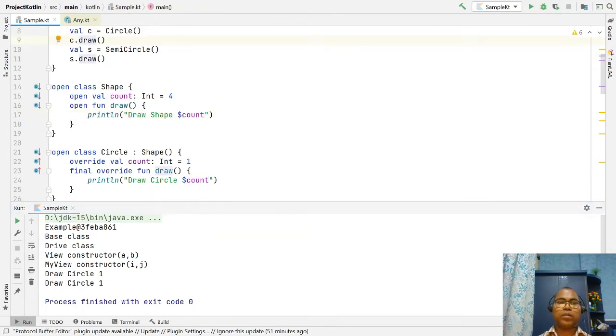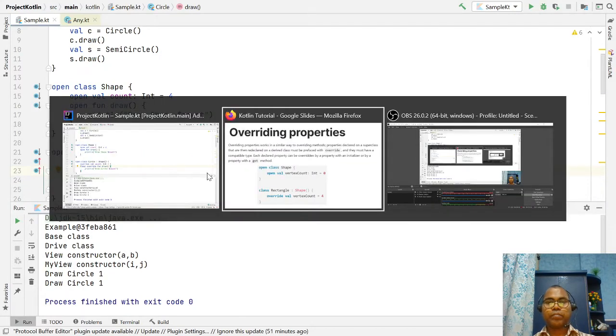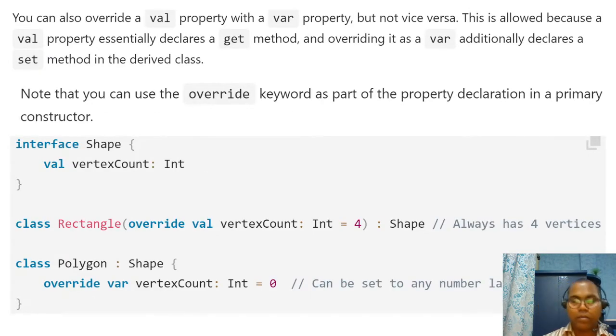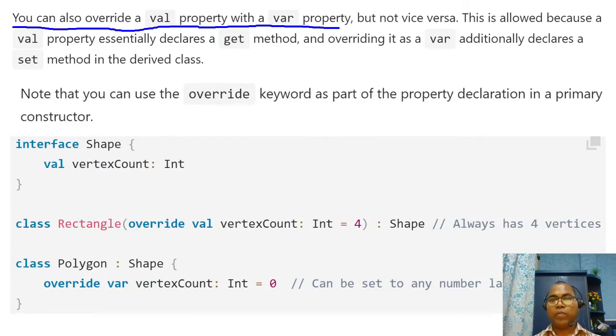This is a circle. So in this way you can override. We have an option: you can override a property or you can override a method as well. And you can also override the val property with the var property, but vice versa is not possible.